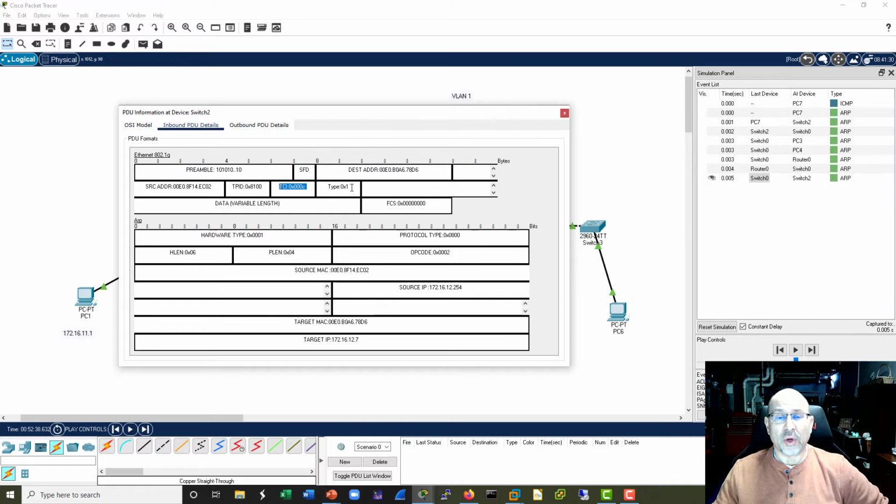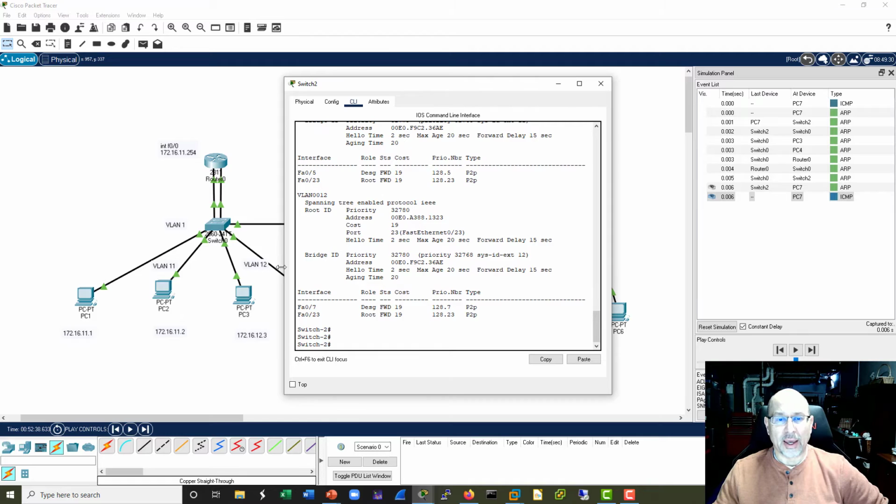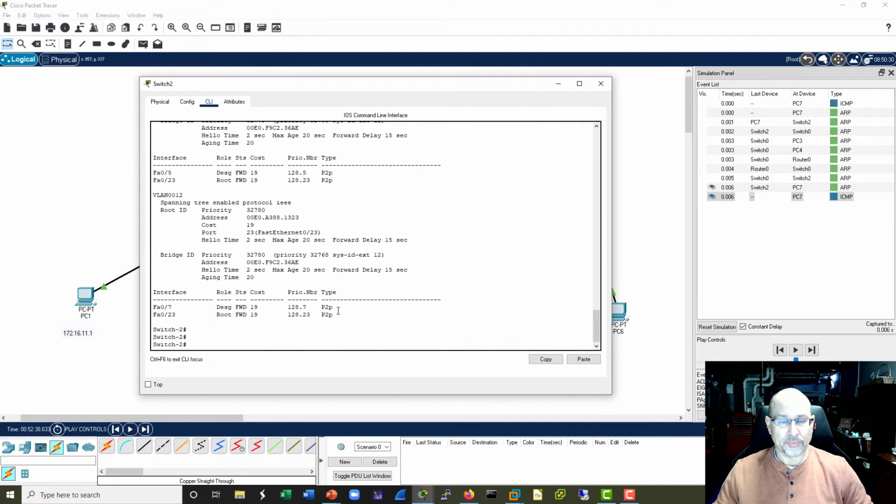And then we send it across to the other switch. This switch gets it, says, oh, you're tagged for VLAN 12. Let me send it to VLAN 12. And actually, by this point, the switches are starting to learn the MAC addresses. So now, when we take a look at our MAC address table,